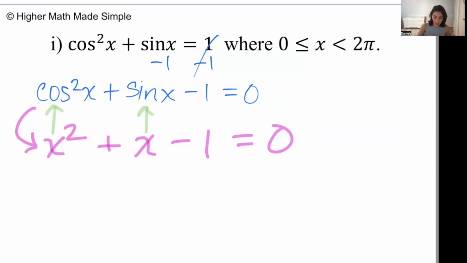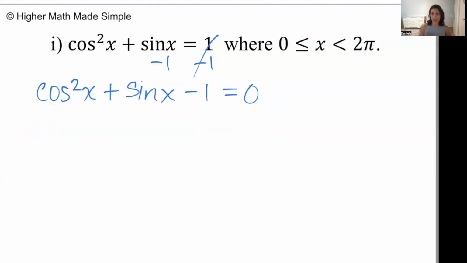So technically speaking, if you wanted to convert this to a polynomial, the sine would have to be a separate variable. I don't know, I'm picking another one. It would have to be like y, right? So you can't ever solve an equation with 2 unknowns. So how would we make this into a scenario where we only have x's? Well, again, you would need a trig equation where you only have a cosine in it, or you only have